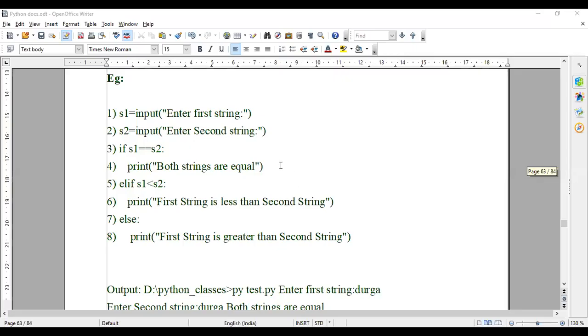So what is a double equal operator? The double equal operator is used to check your IDs, your strings, your numbers, any kind of information. It is only for equality purposes. Got it?